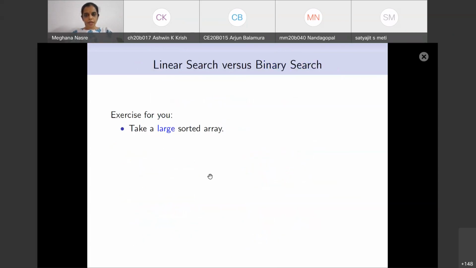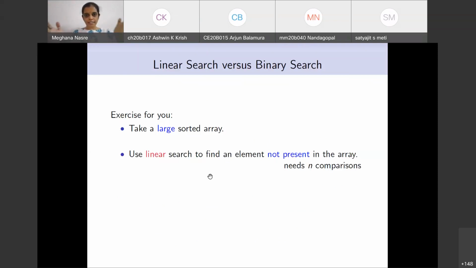Okay, so what I want you to do as an exercise when you have time is, this is something which will not be given in the lab, but this is something that you need to do yourself. Take a large sorted array. So this large should be really large. How do you create this large sorted array? You just write in Excel 1, 2, 3, 4 up to whatever, a large number. I think you may have to take significantly large values to make this exercise work. At least 1 lakh or something.